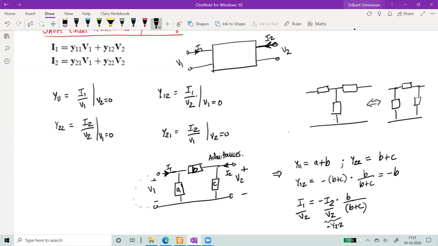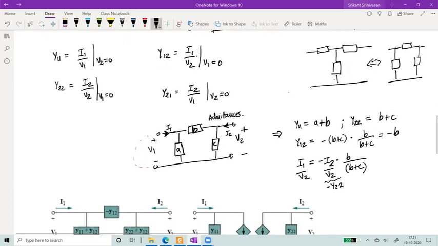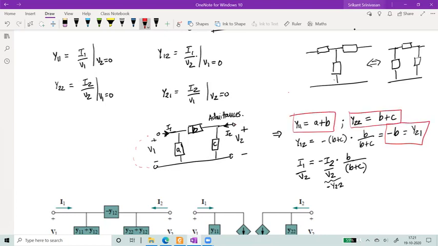And since the network is reciprocal, then we can say that this is also equal to Y21. Okay. So let's just highlight those terms. So this is this. Okay. So in this sense, you are able to express the terminal currents. If you know what the voltages are, if I'm applying voltages at either end of the network, then I can express the currents in terms of the admittances.